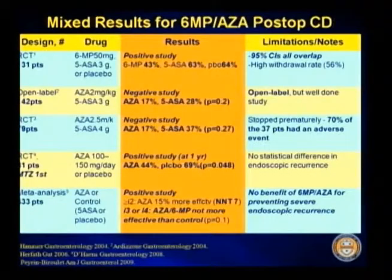2 of the studies showed positive outcomes, 2 of the studies showed negative outcomes. When you look at the very bottom, the meta-analysis overall was listed as a positive study. So to prevent an ileal score of 2, so more than 5 ulcers 1 year after surgery, they found that 6-MP azathioprine was more effective and the number needed to treat was 7. So again, for every 7 patients on 6-MP, 1 patient you would be able to prevent at least an ileal